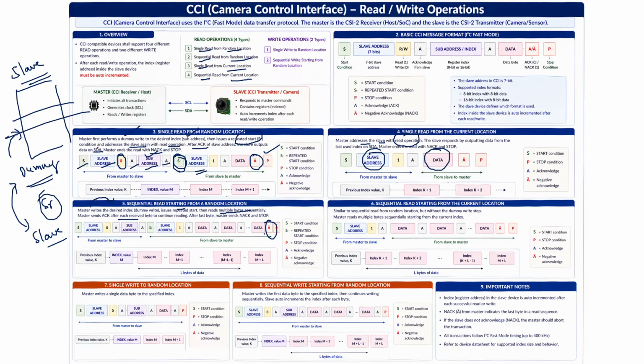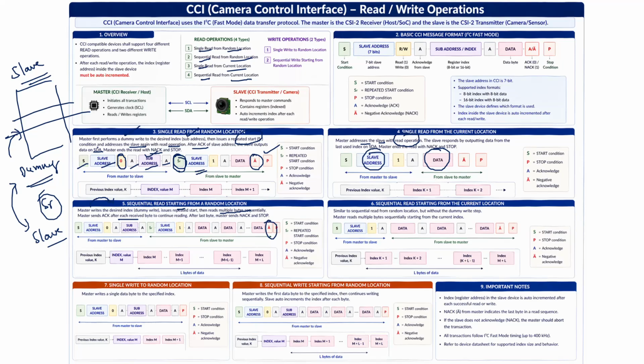So the same operation as the single read from a random location, the same thing applies to sequential reading starting from a random location. The same dummy write operation we are doing, and then the slave will respond. The master is issuing the repeated start condition. Then the slave will send the data to the master, but